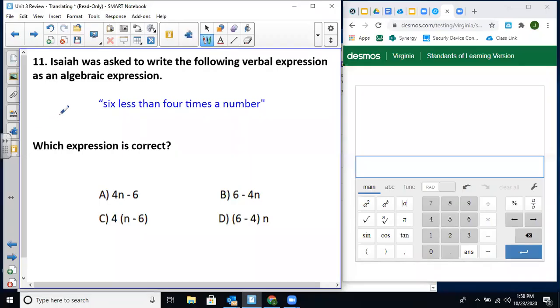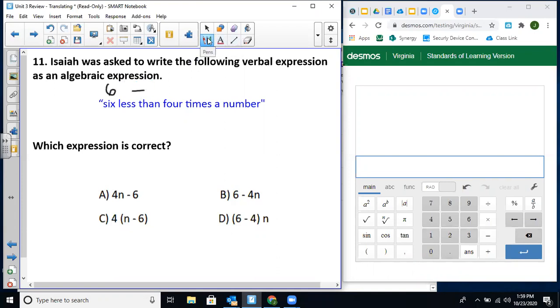All right, let's look at this next question. Isaiah was asked to write the following verbal expression as an algebraic expression. So let's read the expression first and pull out our important pieces. 6 less than 4 times a number. Which expression is correct? Okay, so we have 6 less than, which we can write as subtraction, but just like